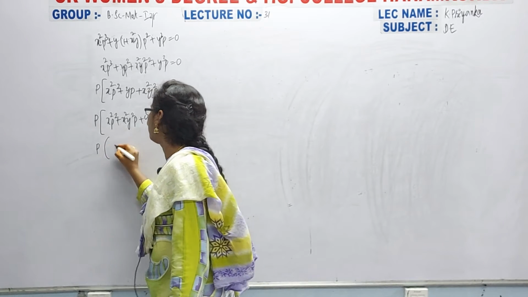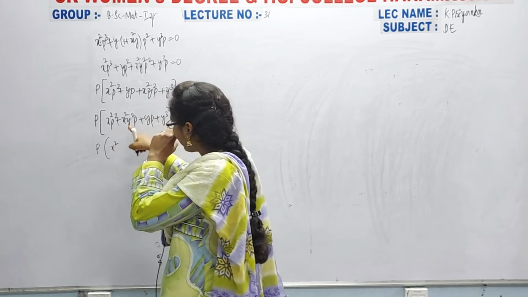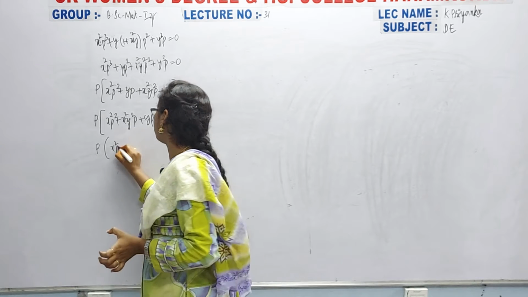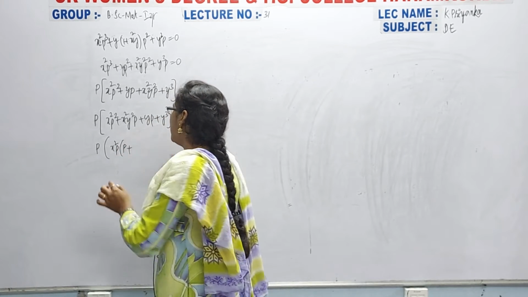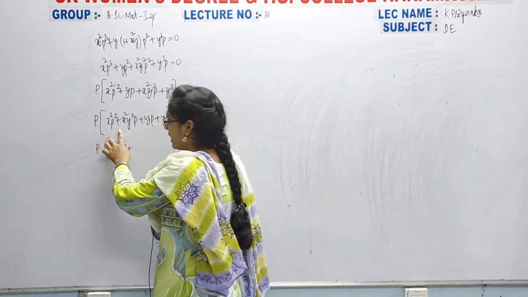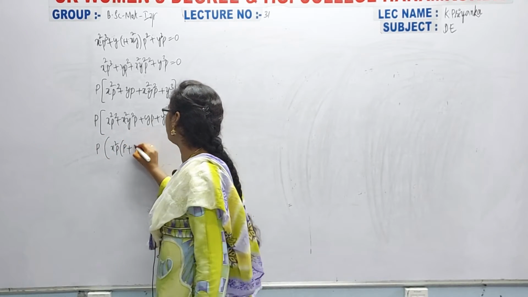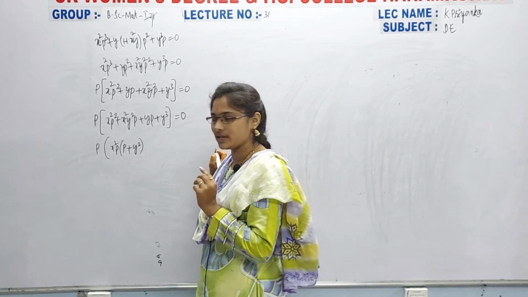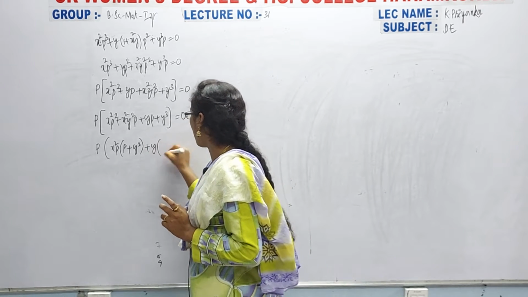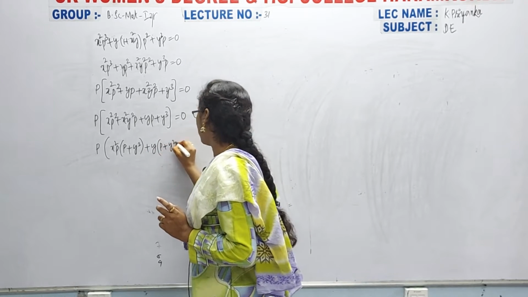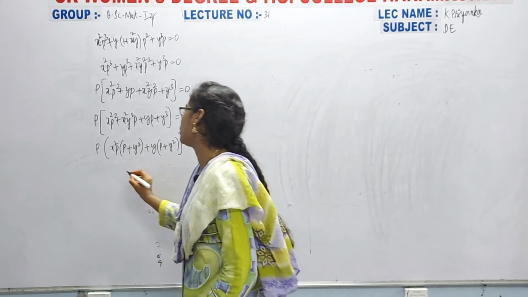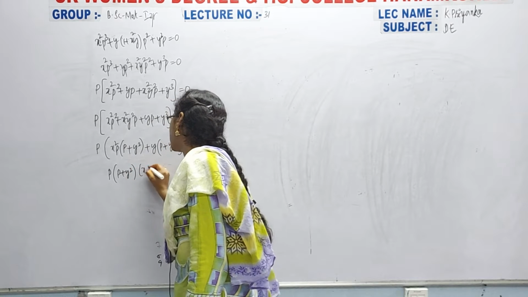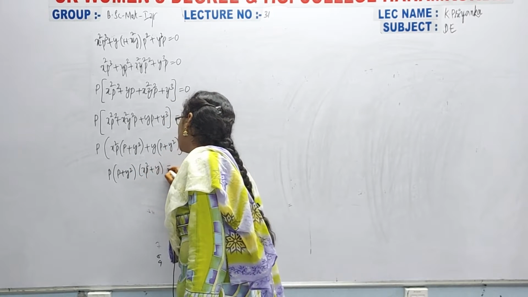Now p of x square, and here from these 2 terms, I can take that x square p is common. Then what I'll get x square, now p plus x square common, p common, then we will get that y square, and from this also we will get that same term p plus y square, so plus y common, then p plus y square, yes exactly we have, which is equal to 0. Now can I write p of p plus y square into x square p plus y equal to 0?